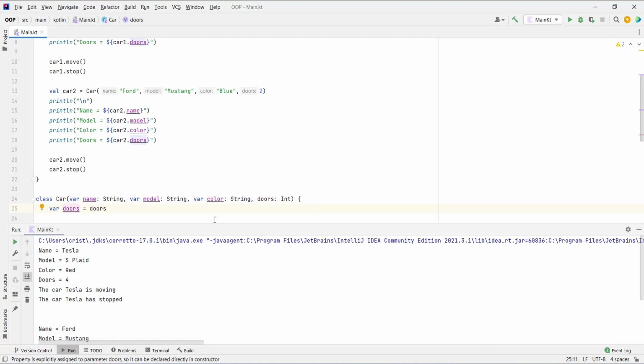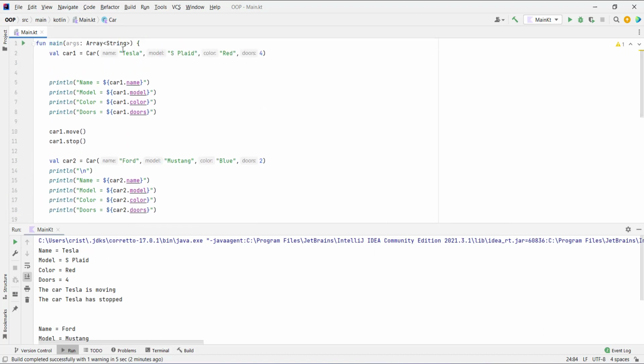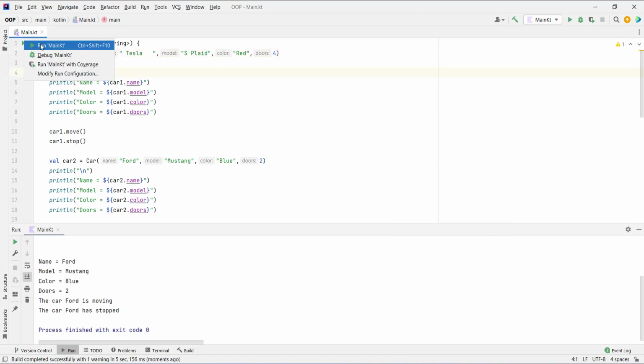All right, I pressed Ctrl Z too many times. So let's again put some spaces here. So now if you run this code, let's run it again.